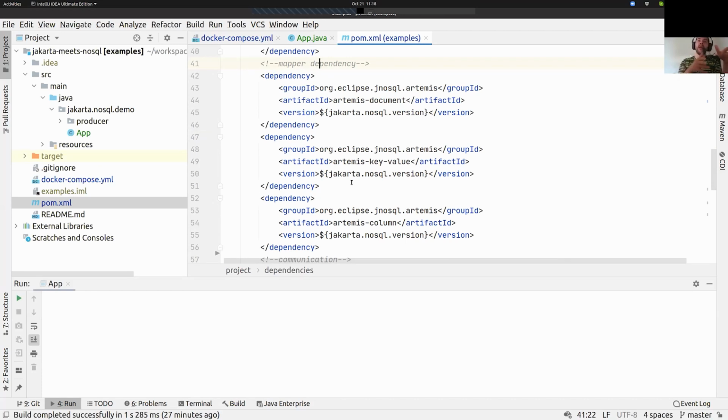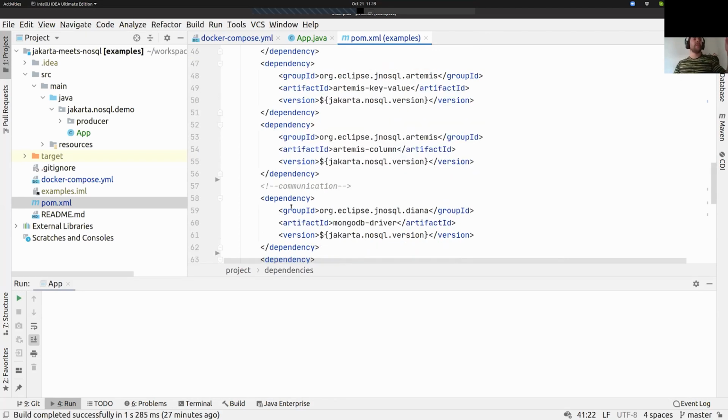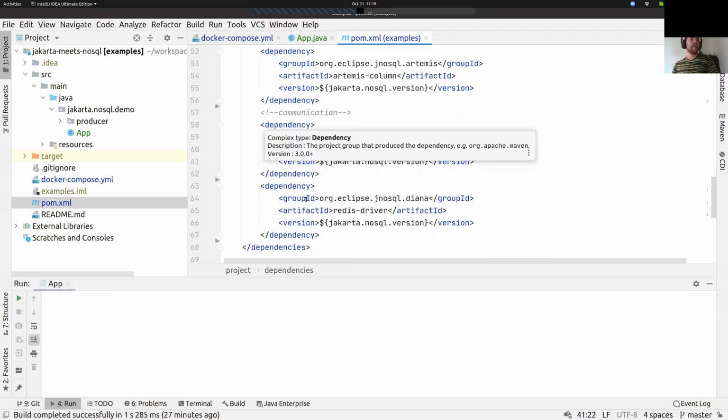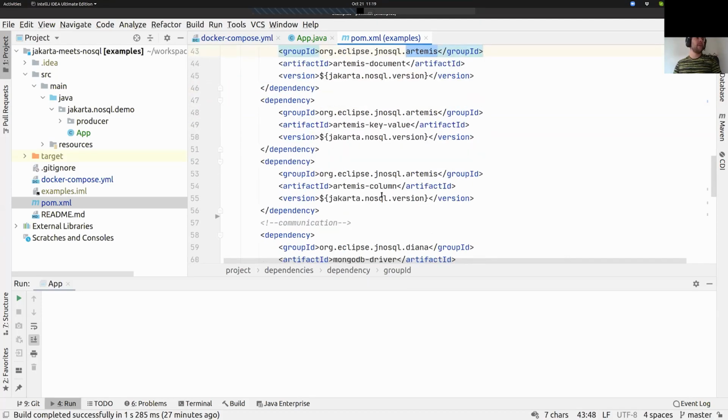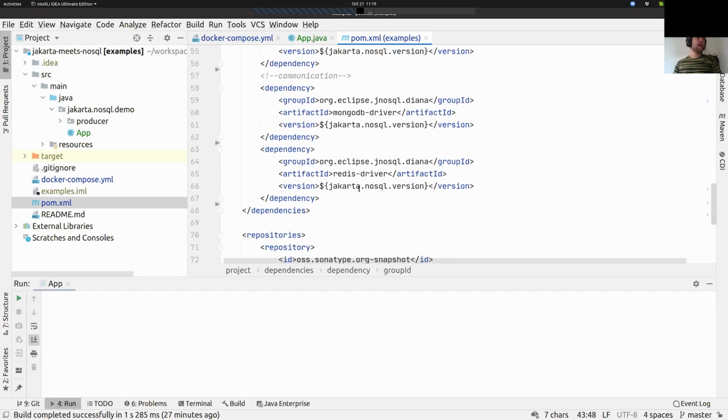If you want to make an analogy between SQL and NoSQL, you can think about JDBC, however, for NoSQL database, right? Again, my mapper layer is like JPA, my communication layer is like JDBC, for NoSQL database. I have my dependency for document, key value, column, and my communication where I'm going to use MongoDB and Redis,